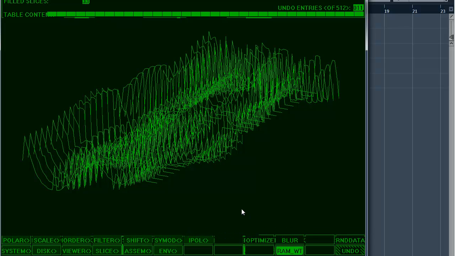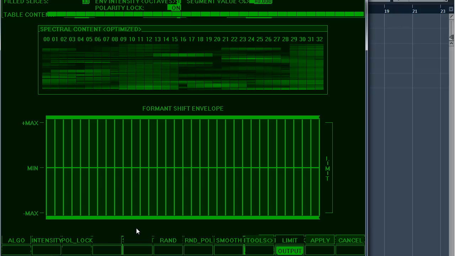And we have a fairly smooth wavetable there. Okay, I'm not done. I'm going to fancy this up a little bit. I'm going to go to Format Shift, and we're going to try to get kind of a formant wavetable out of this. Again, you could do this really mathematically, but I'm just going to kind of